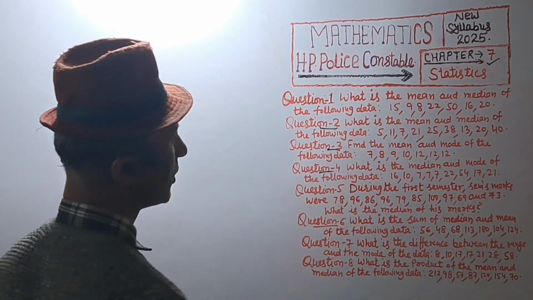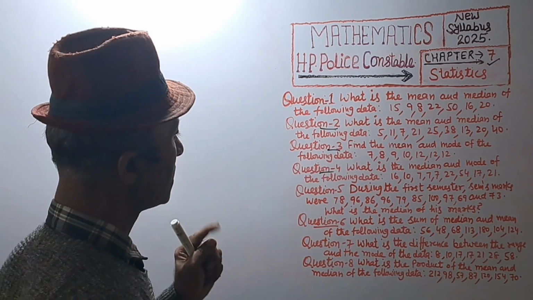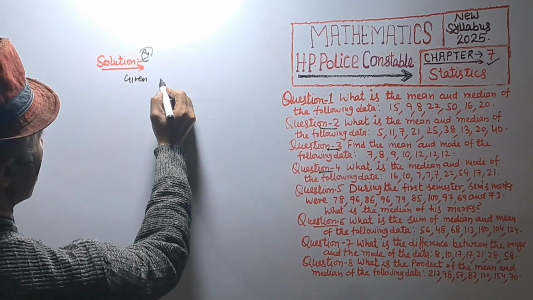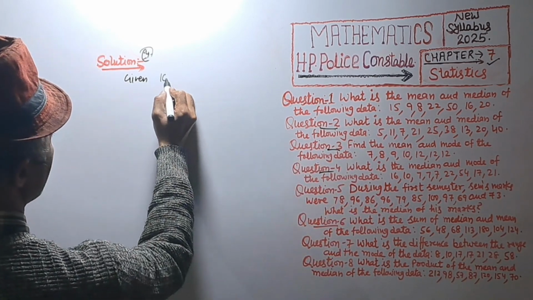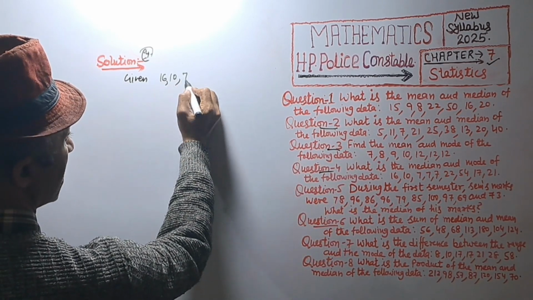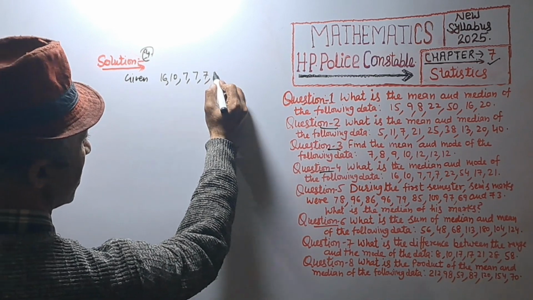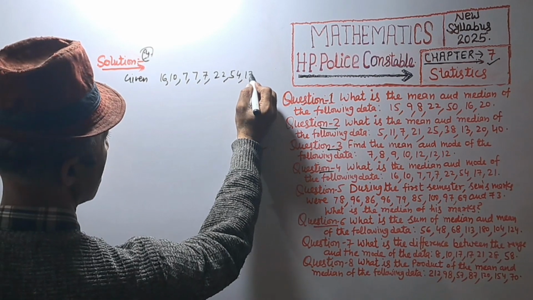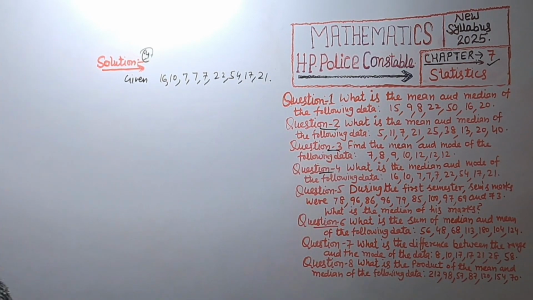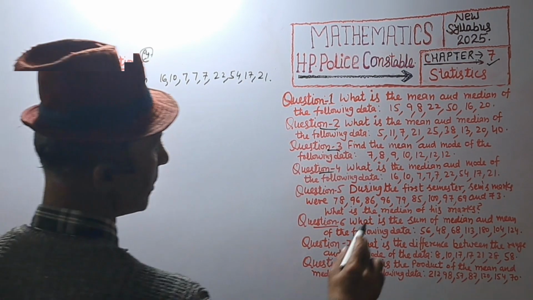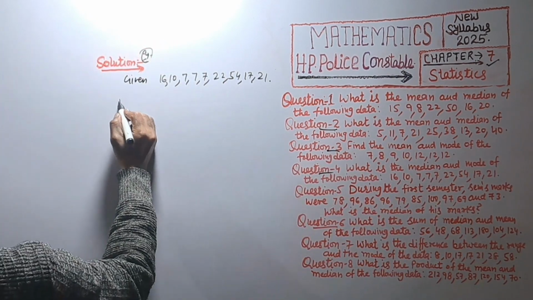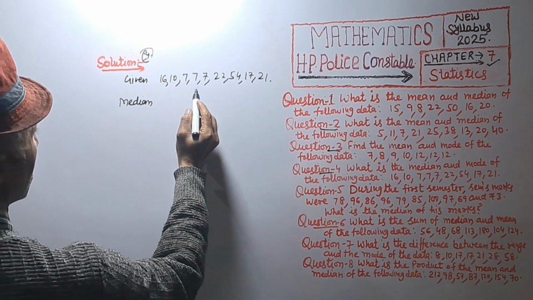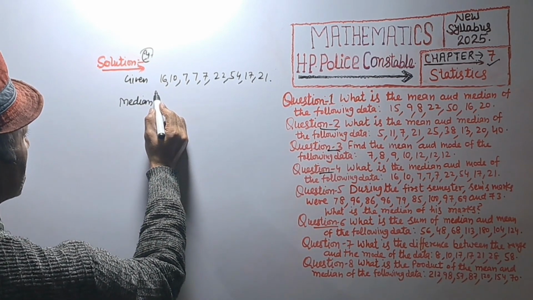Answer. Question number 4. What is the median and mode of the following data? Given data is 16, 10, 7, 7, 7, 22, 54, 17 and 21 last. Median and mode. First we find median, and this number is